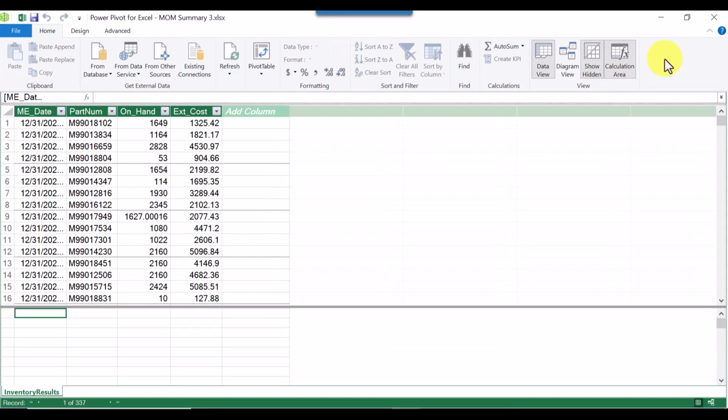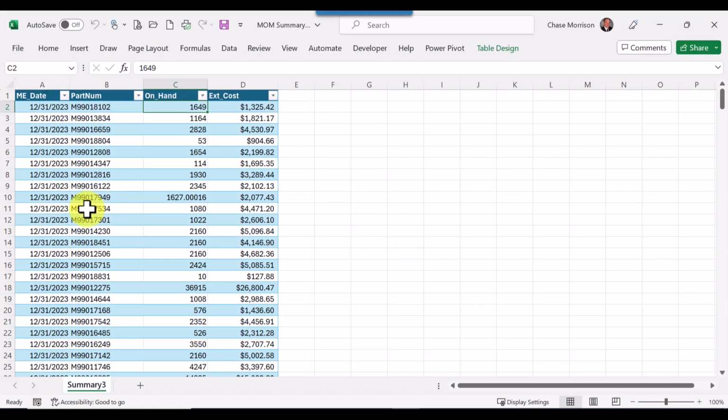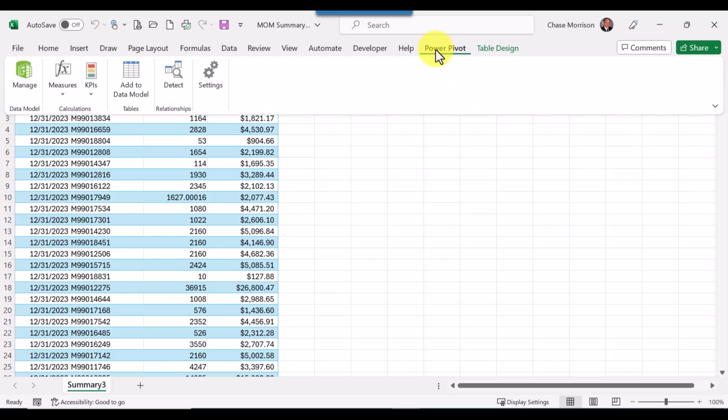Okay, and then you can see here, down here, where it says inventory results, that is where the name of the table flows through to this Power Pivot application. I'm just going to go ahead and close this for now because I don't really need to have access in here at this point, but there's a lot of things you can do in there if you don't really know how to use that. So what we're going to go ahead and do is start creating our variables or metrics